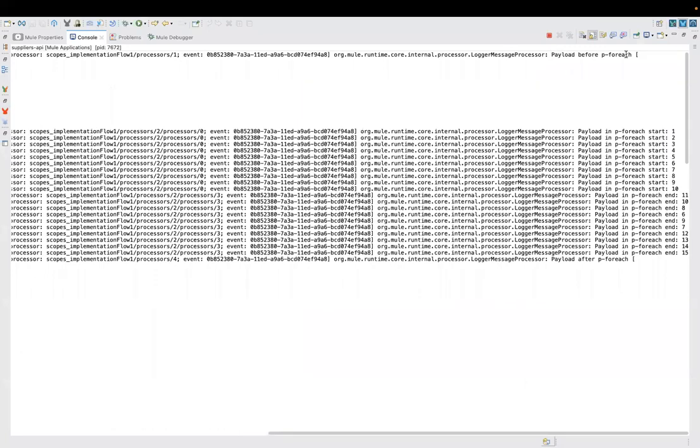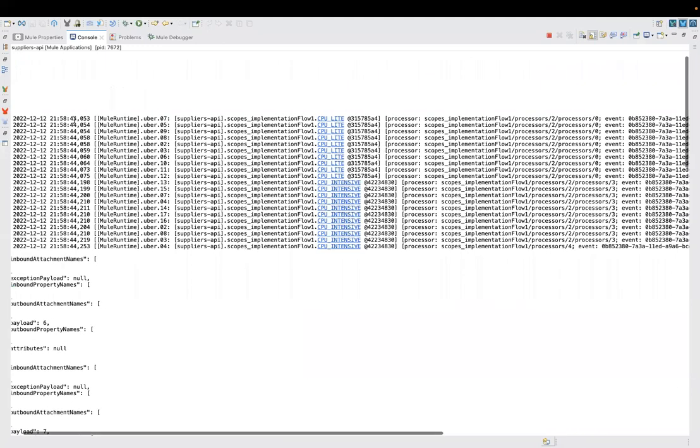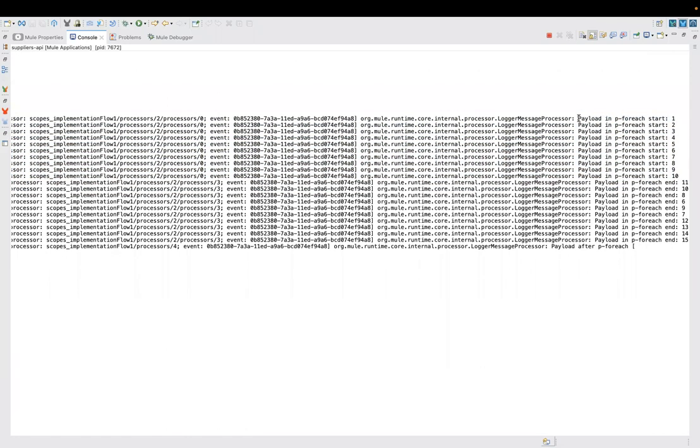So we have a payload before the foreach scope, and it is the array of numbers 1 to 10. And after that, the payload in P4H are executed. So all the components are executing in parallel. To understand that, we can see that the start logger has been executed in parallel and it is printed in the console. What will happen in for each scope, the messages are going to be executed in sequence, so that